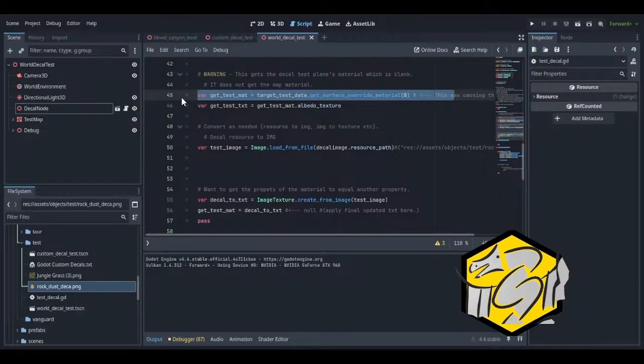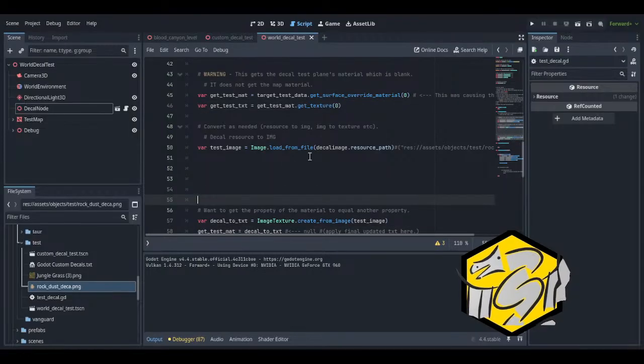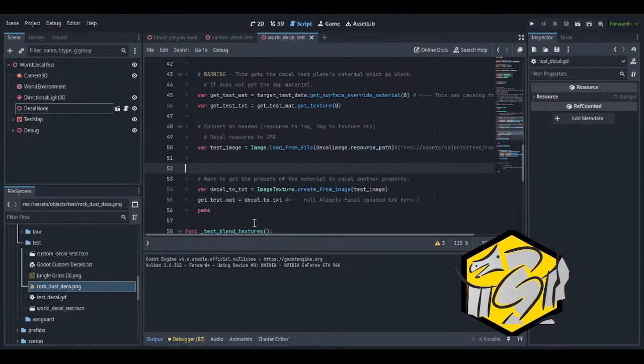Get the material. Get the texture. Get test texture. Get test texture. Get test texture. Okay, I had it right the first time. Wrong variable.